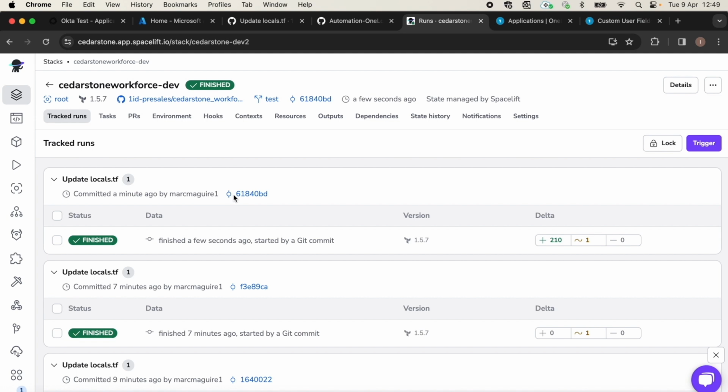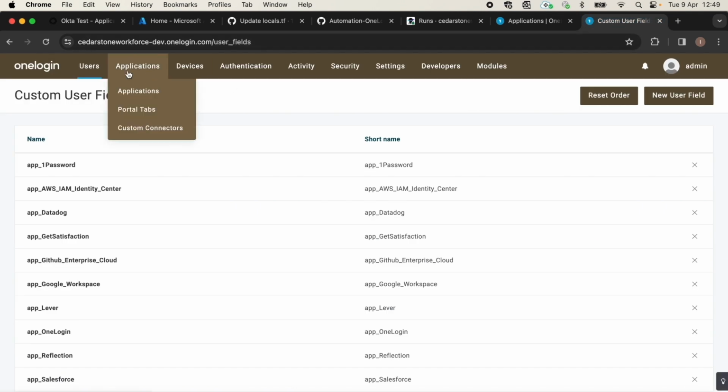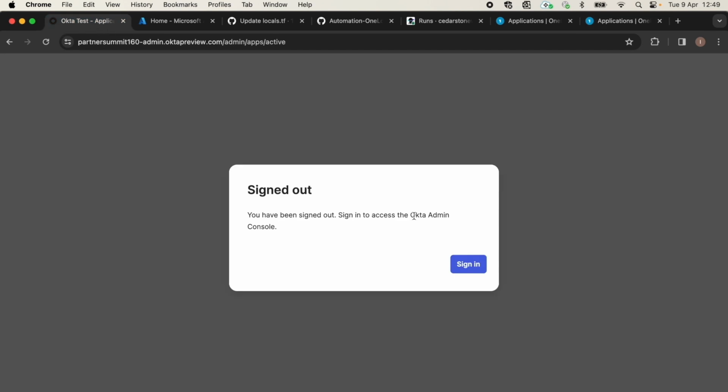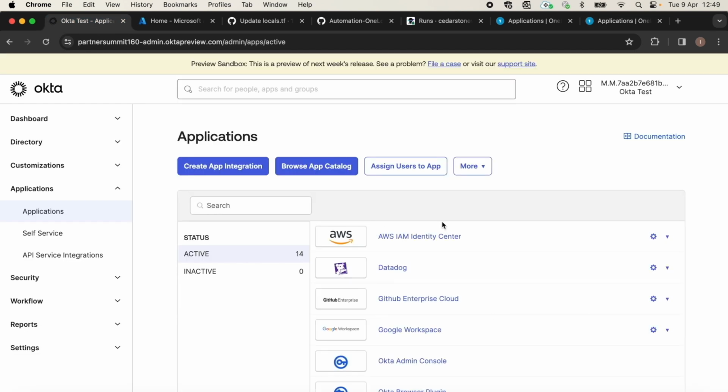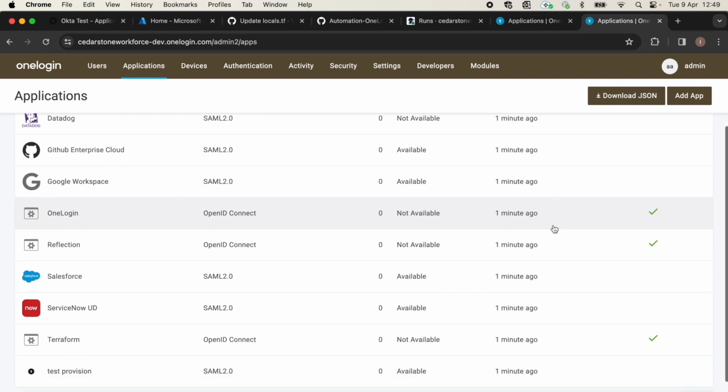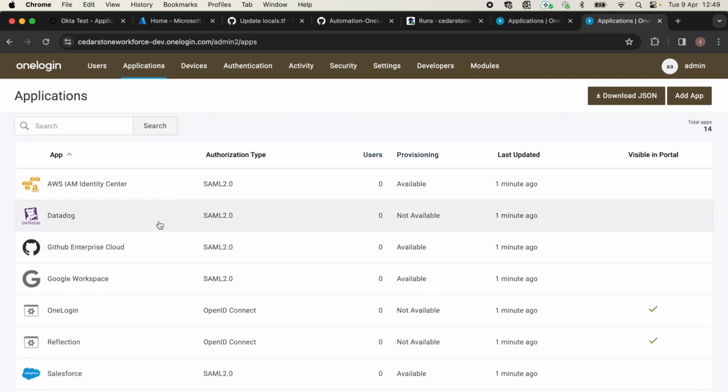That applied as you'd expect, with all of those resources being created from the Terraform configuration. So now let's have a look at our developer environment, and we should see now our 14 applications. There we go. So we can see now number of applications 14. Just to double check, this matches with our Okta environment. So we have 14 as well, and these applications now have been created,